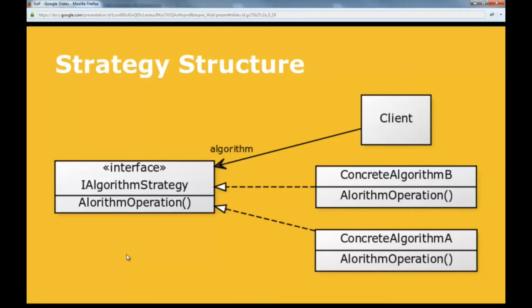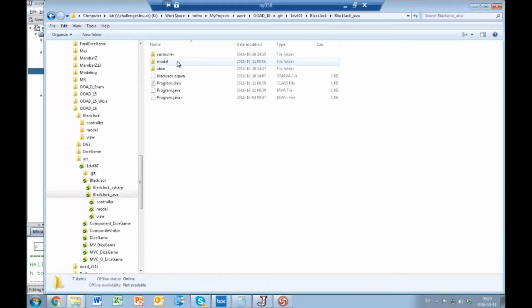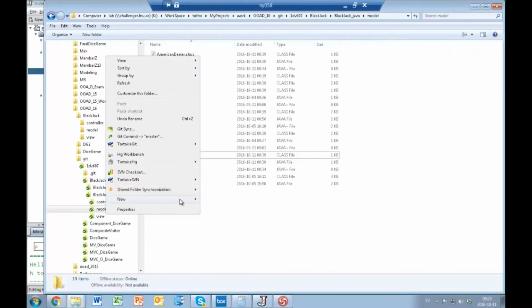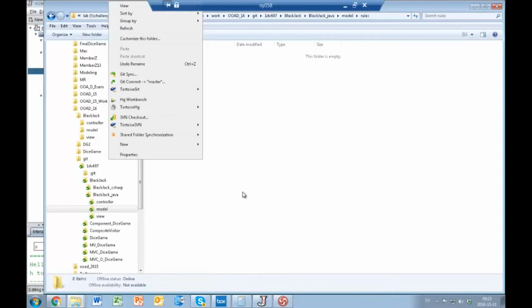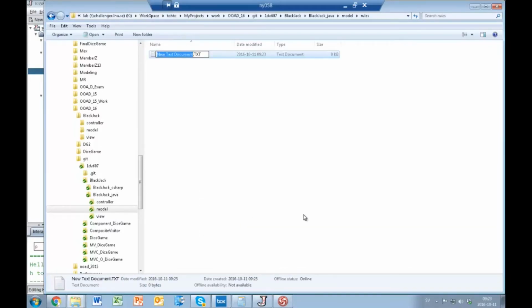So, let's take a look at an implementation. It will probably be more clear. At least I hope so. So this should of course be stuff in the model. Game rules, so it will be stuff in the model. And I will even make a new package called rules and put it here, and we will create our new interface, and we said it should be named